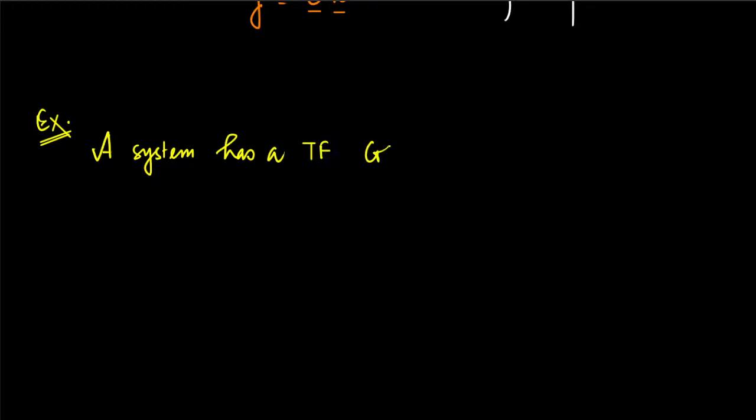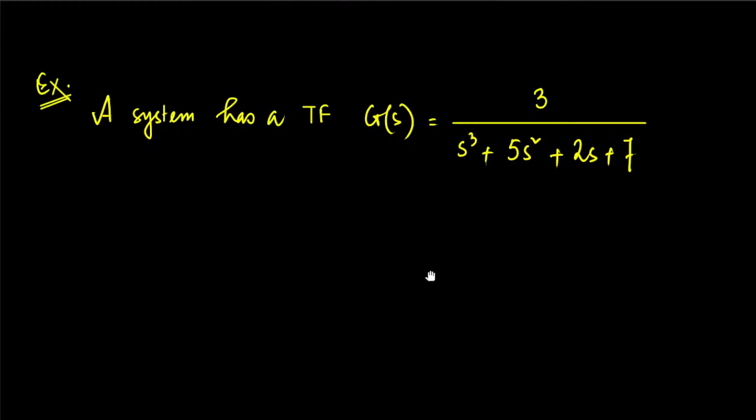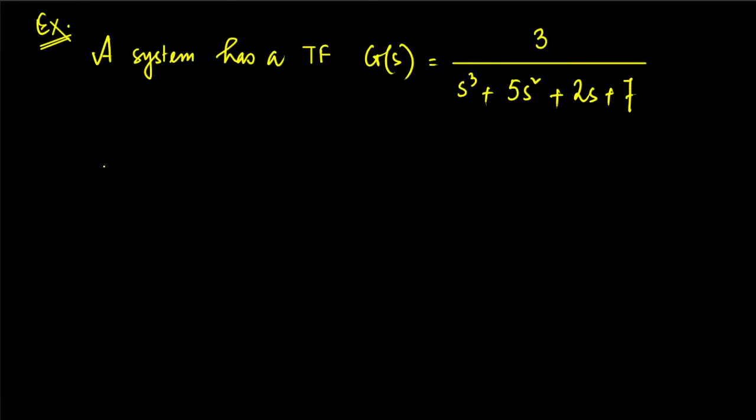Let's say the transfer function is 1 by s cube plus 5s square plus 2s plus 7, and let's put 3 here. Okay, not a problem, right? So from there, the question is: construct a state space model